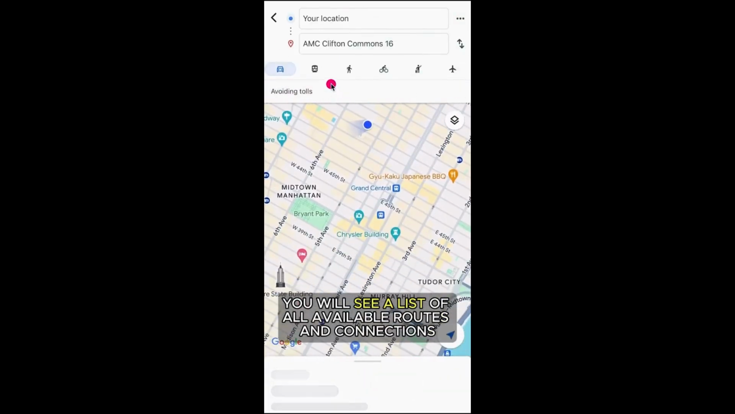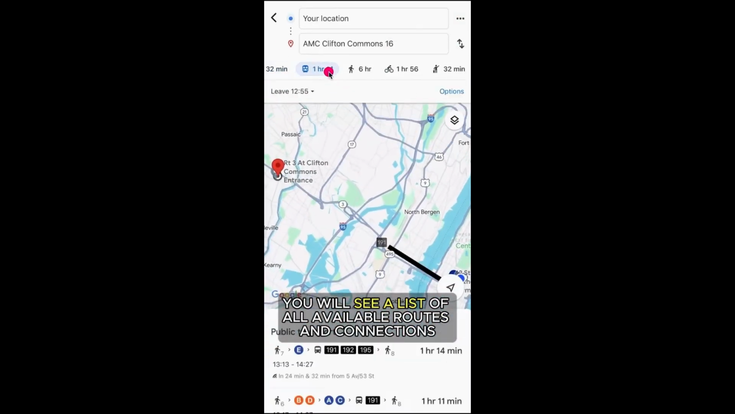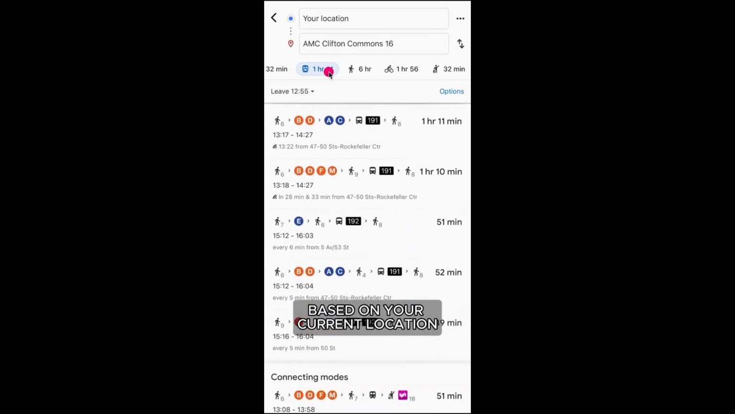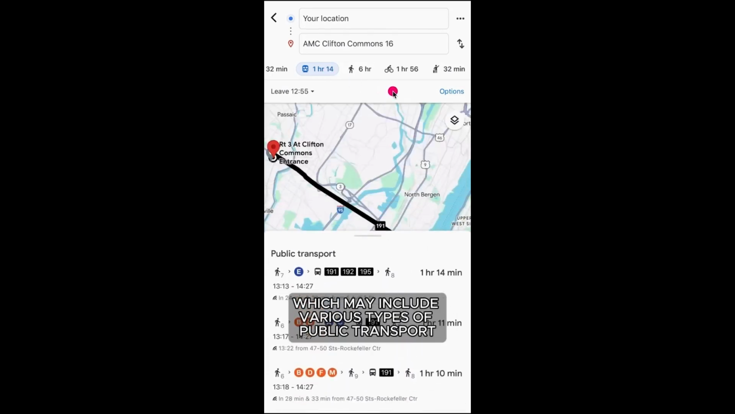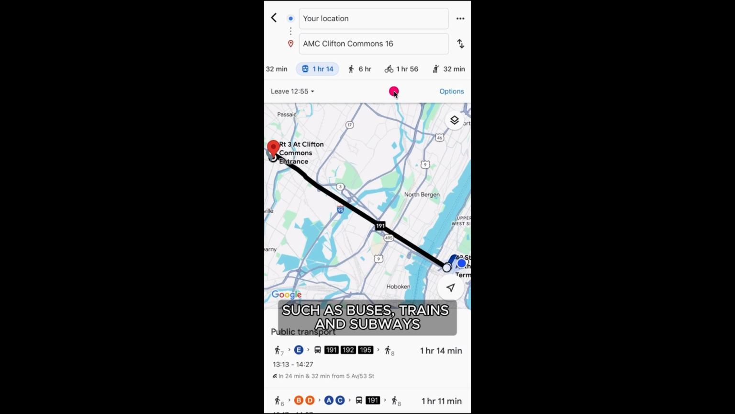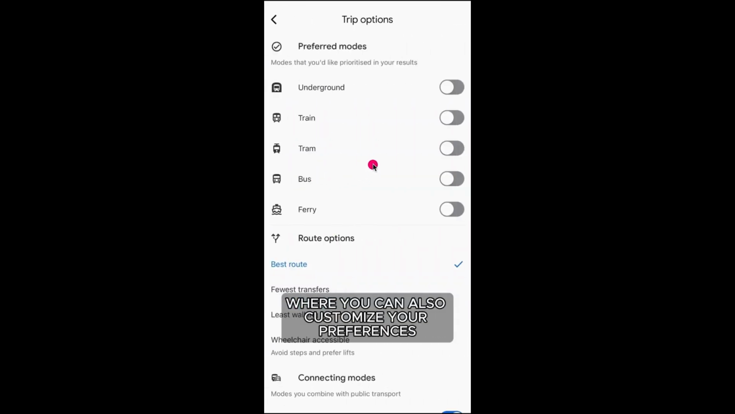You will see a list of all available routes and connections based on your current location, which may include various types of public transport such as buses, trains, and subways. To understand what each icon represents, go to the Options menu where you can also customize your preferences for routes